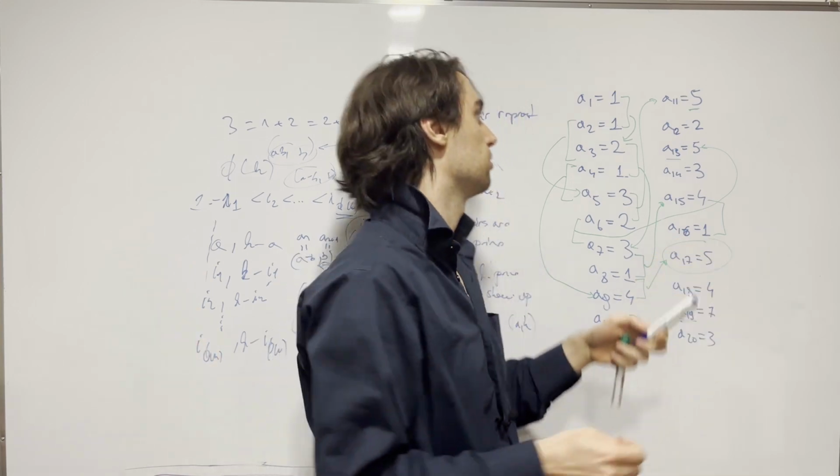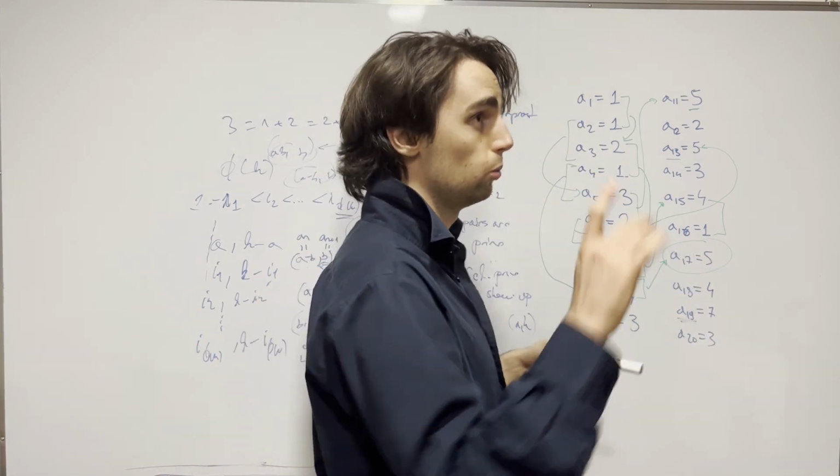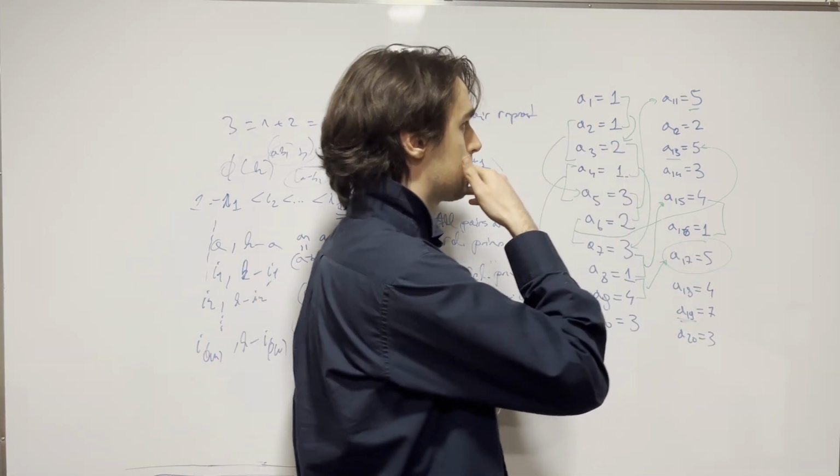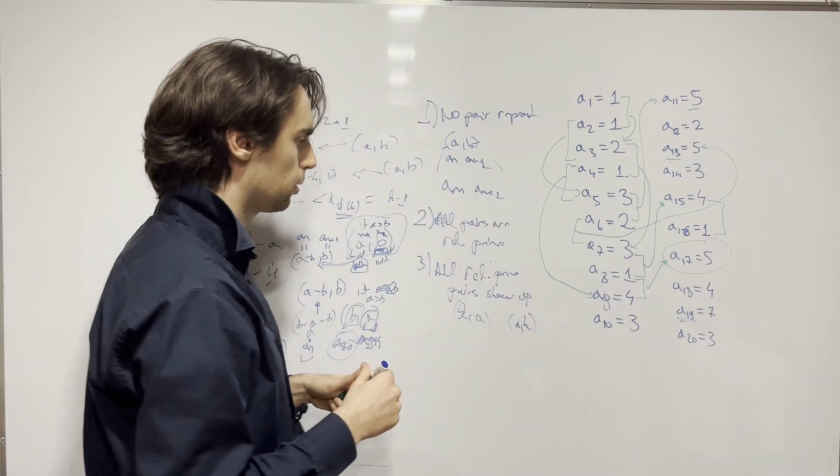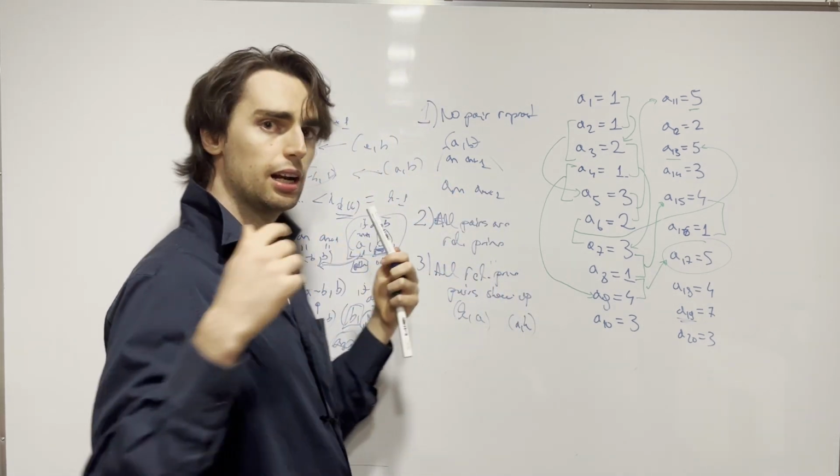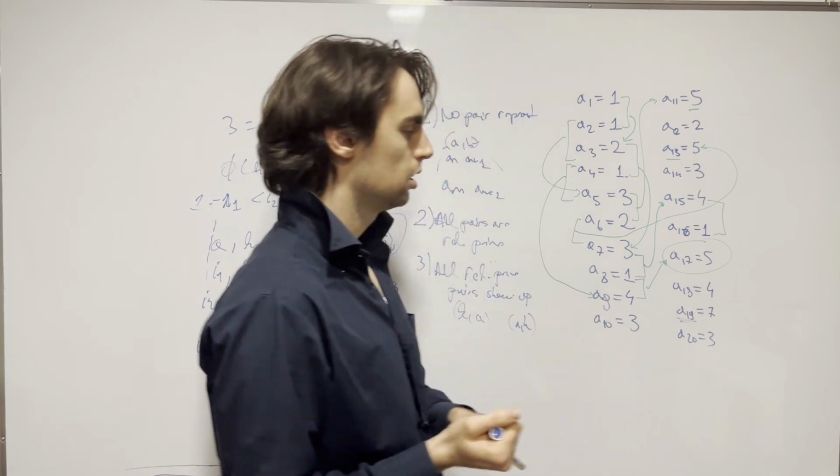And that's going to be greater than 2. So greater than or equal to 2, but now 1. So now we need to prove this: all pairs are relatively prime. And how do we prove this? Well, we can say